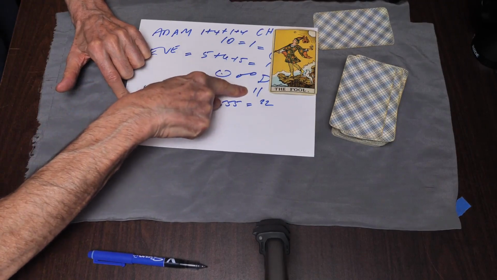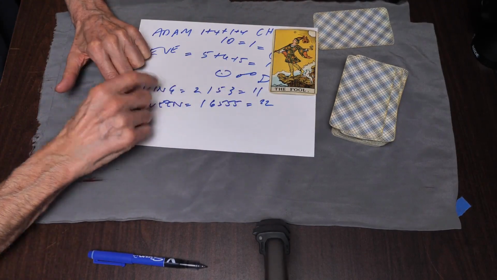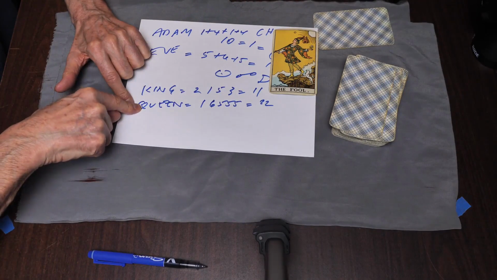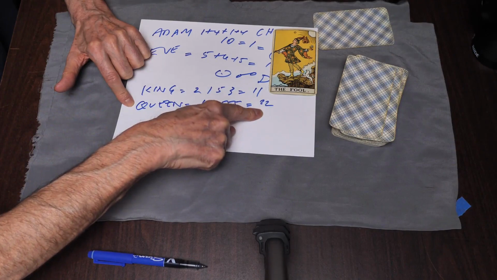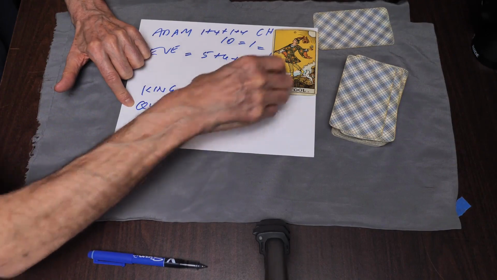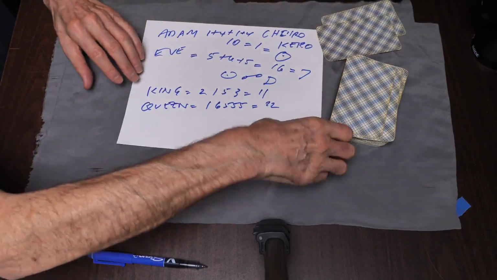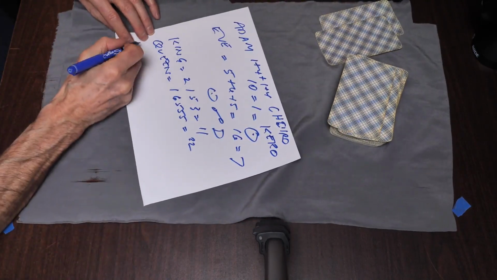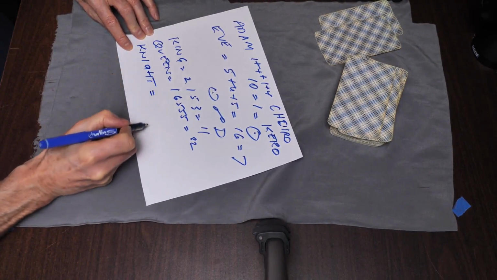The king's 11. The king gets this process going and then he's out of it. But it's the queen who actually does the work, because it's 22. And so then we've got the knight. Knight is